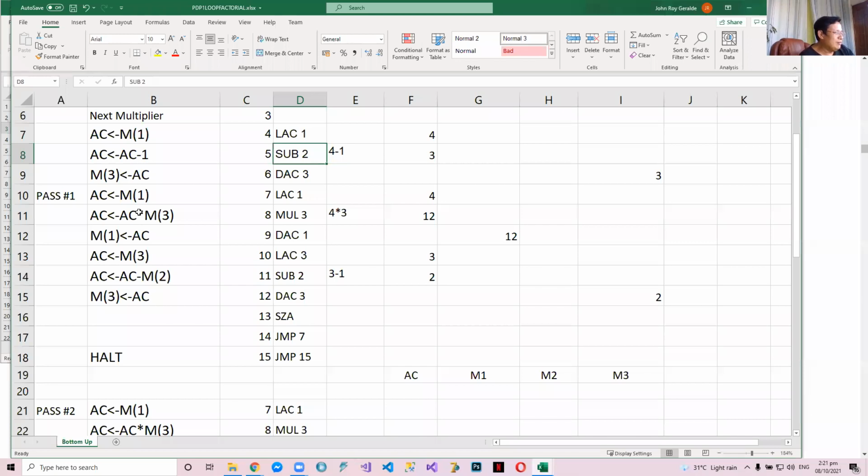Okay? Do you follow? Now, if you want this to use a top-down loop, you'll use the skip on plus, no? Accumulator, SPA. Do you follow? You can do the same, right? Okay. So we'll go into a second pass, no? In this case, in the second pass, we have the accumulator as 2, we have M1 as 12, we have M2 as 1, and this is a 2. Is this a 2?